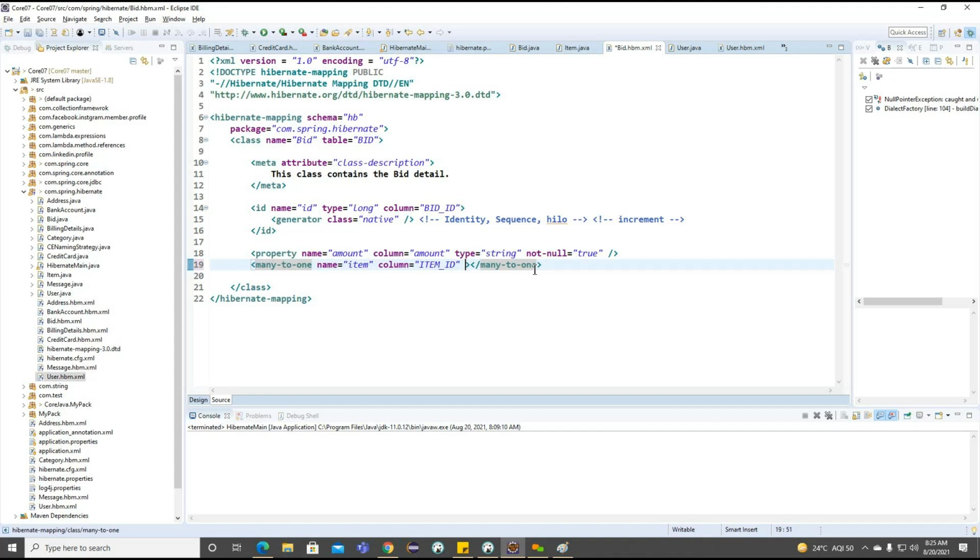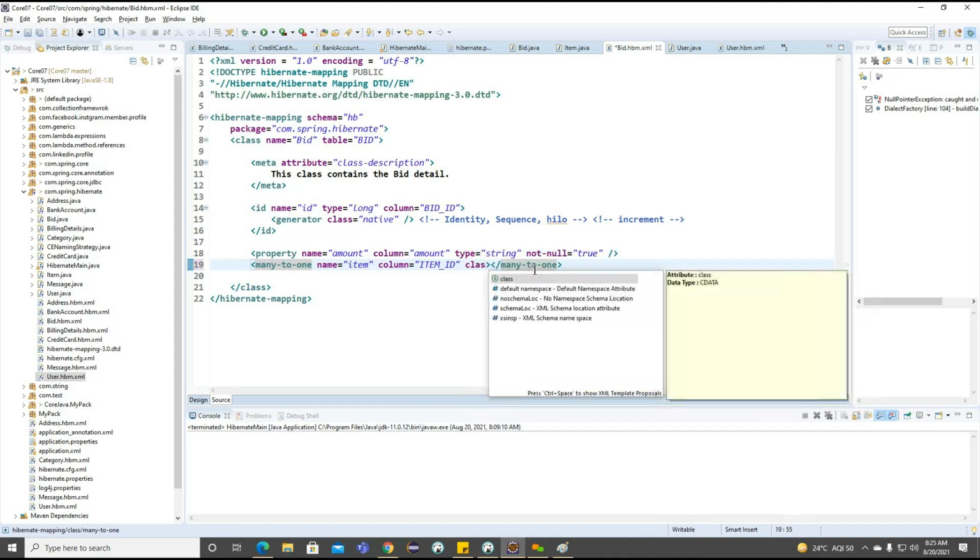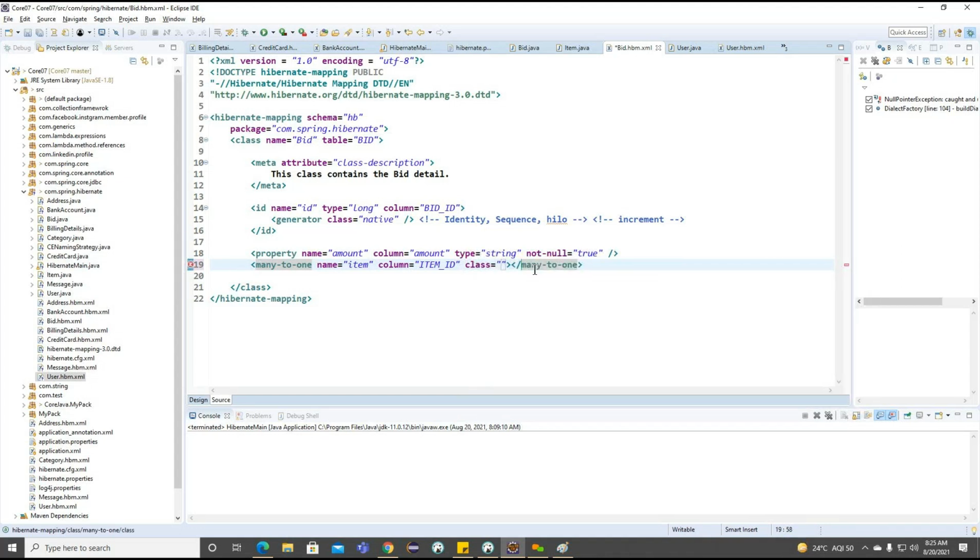Whatever the association we are going to have, here we are going to make the ID, and we can go for the class here. This particular class we need to work on, which class we are going to map with many to one association. The class here is item. Observe carefully, if I am not adding this particular package here, we need to define the fully qualified name here. So getting the point. Now we have identified how much of an advantage we get from the package information here, right?